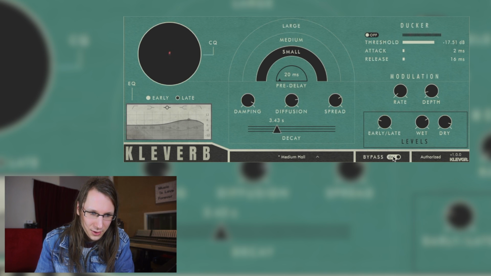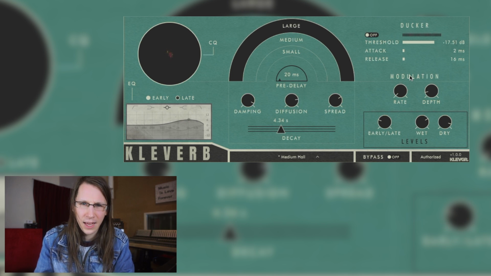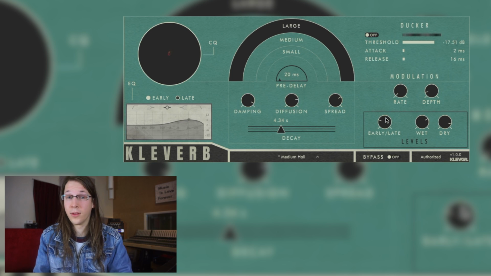You can bypass it, of course. It keeps a bit of a metallic sound to it. It's not bad, by the way, but